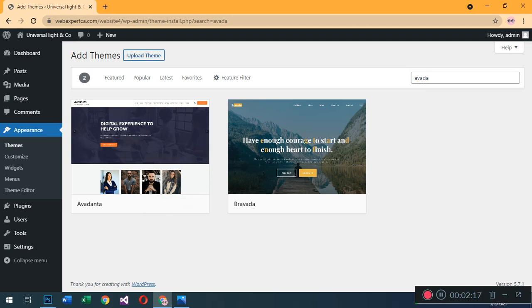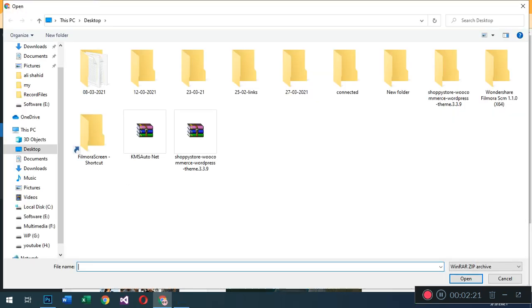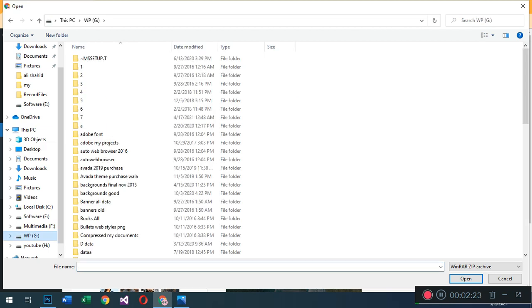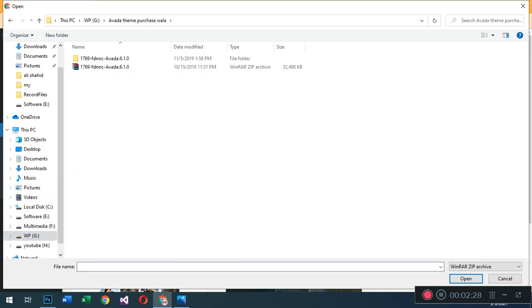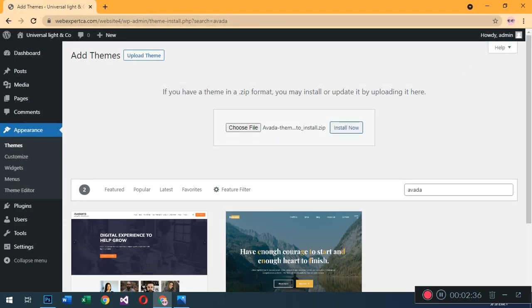I am going to upload the theme because we have it on our computer hard disk drive. Now I am going to the Avada theme. Yes, got it. This is the Avada theme available to install. Press the install button.